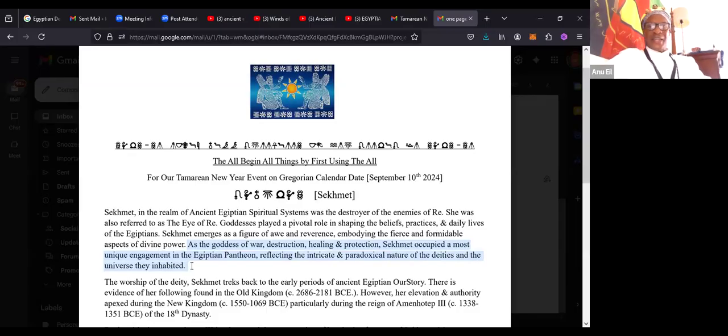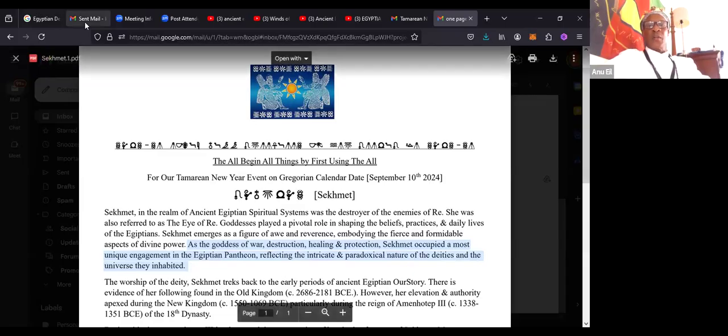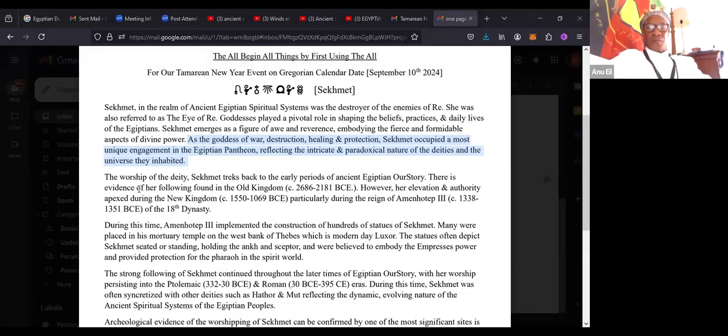The worship of the deity Sekhmet traces back to the early periods of ancient Egyptian history. There is evidence of her following found in the Old Kingdom, 2686-2181 before Christian era. However, her elevation and authority peaked during the New Kingdom, 1550 to 1069 before Christian era, particularly during the reign of Amenhotep III,